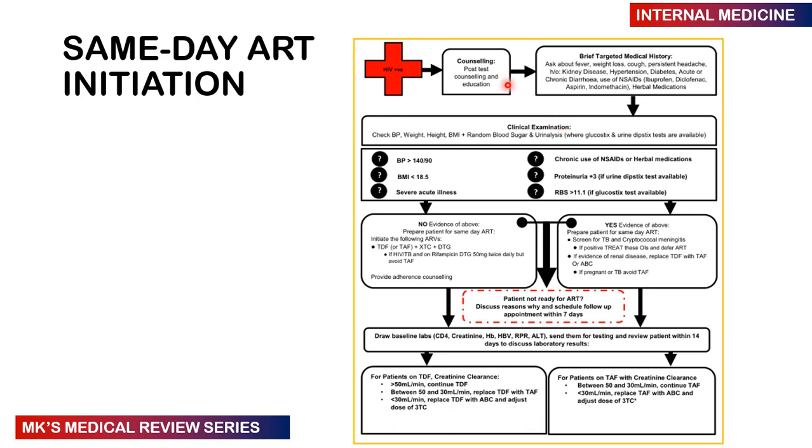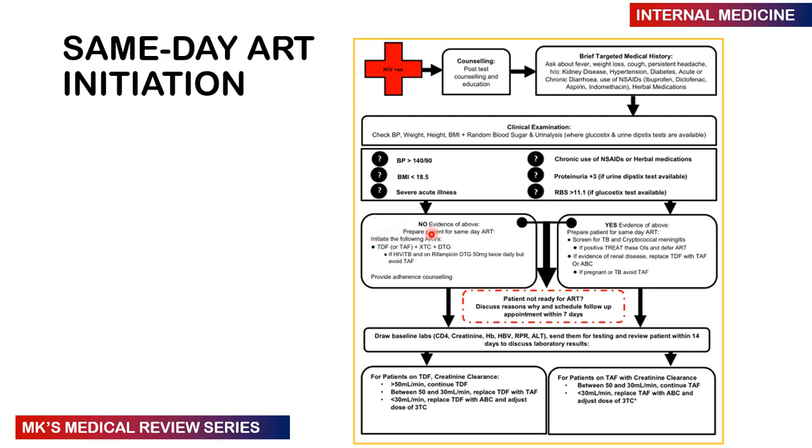Then, of course, ask yourself, is the BP greater than 140/90? Do they have hypertension? Is the BMI less than 18.5 kilograms per square meter? Do they have severe acute illness? Is there any chronic use of NSAIDs or herbal medication that can cause renal insufficiency? Is there proteinuria of at least 3+ on the dipstick? And is there a random blood sugar greater than 11.1 on the glucose stick? Now, if the answer is no to all these questions, then you can actually prepare this patient for the same day initiation of ART. So you can start them on tenofovir with either the TDF or the TAF, plus XTC,